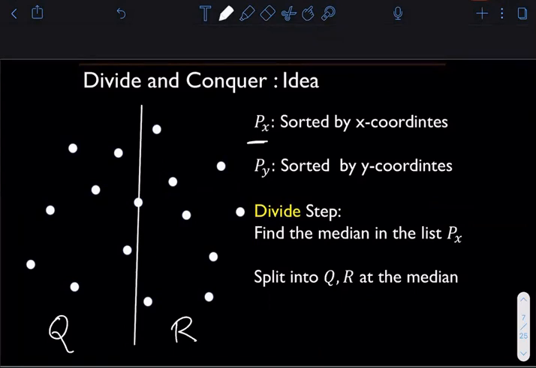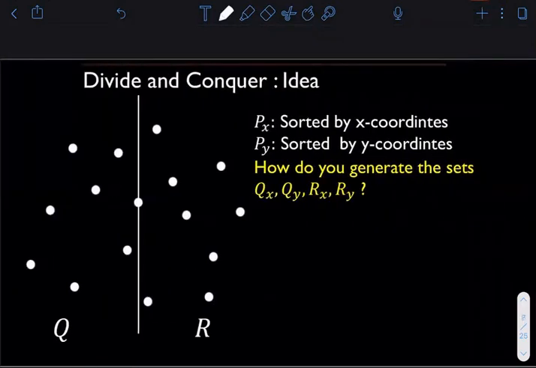But before that, let's go step by step. First of all, remember what we decided is we will recurse on the sets Q and R. But in order to be able to do that, I will need the sets Qx, Qy, Rx, and Ry. Why? Because remember, I'm going to call a recursion on these two individual sets of points, because that's how recursion works. So now the first question is, how are we going to generate these sets Qx, Qy,